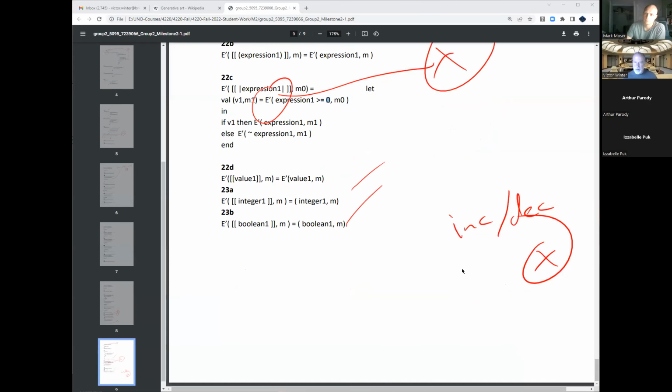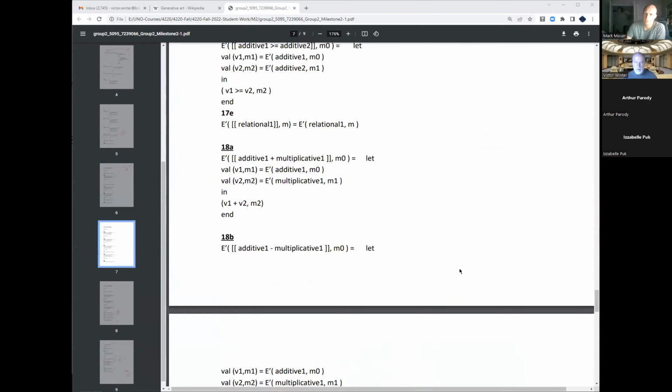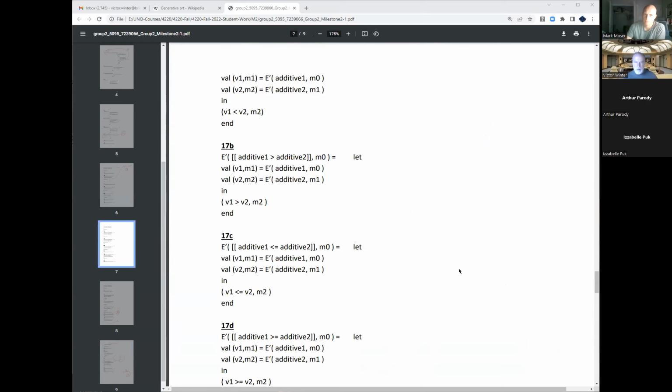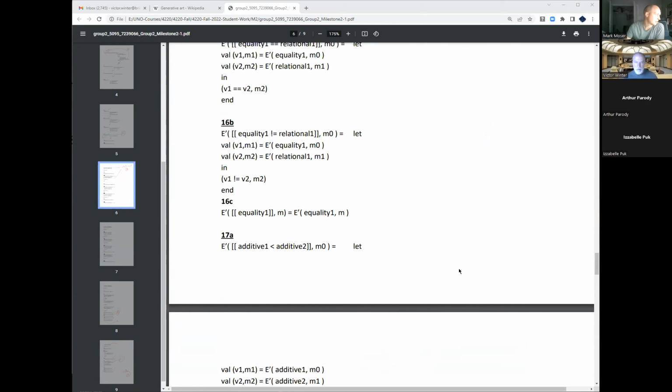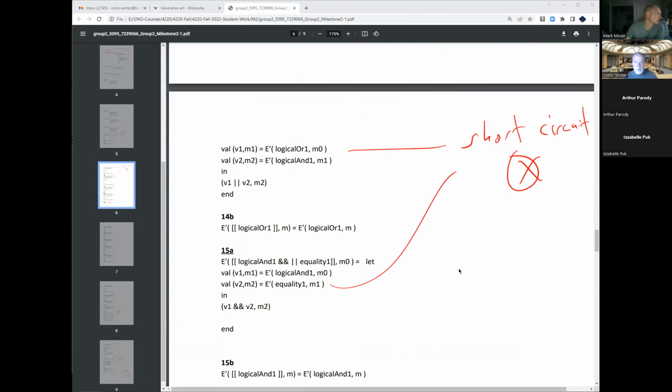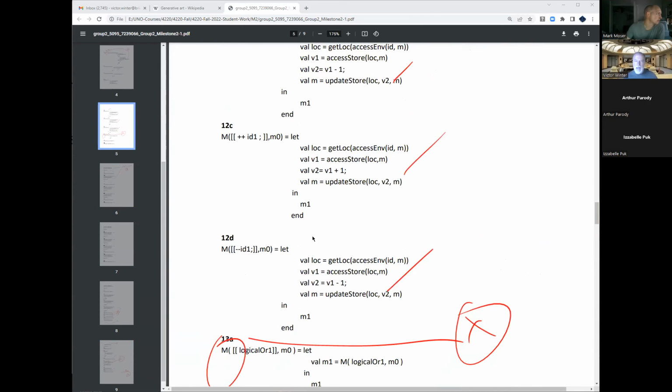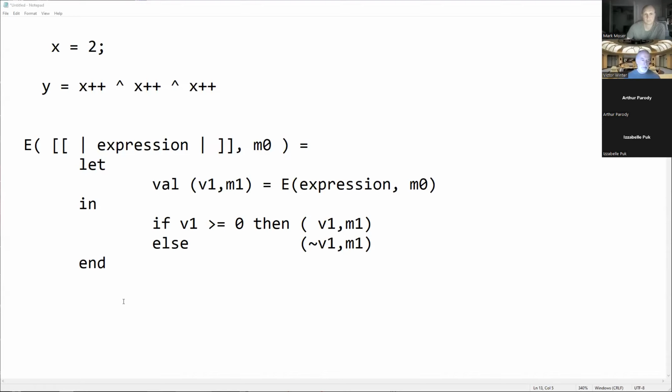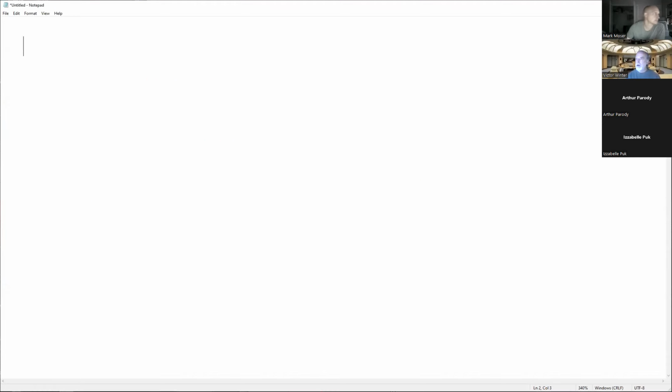Oh, and then you forgot increment and decrement down here. Do you have it anywhere? Yeah, we did all 4 of them. Where are they? Let me tell you what number they are. Yeah, so you did them as M's. They need to also be E's. Oh, okay, they're both. But the way to do it is to only implement them once. So what you do is you implement them as E's. I'm assuming you know how to implement them as E's, but if you have a question about that, let me know. And then the M of